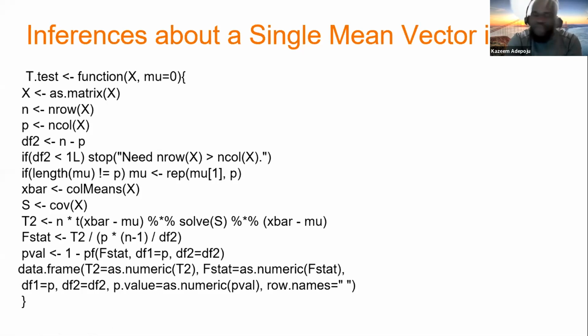There's some formula you saw yesterday. Now the formula is already here. If you want to do anything about inferences about a single mean vector, this is what you will actually need to write. This is a formula. Now, when I write this, the next thing I'm going to do after copying that into R,